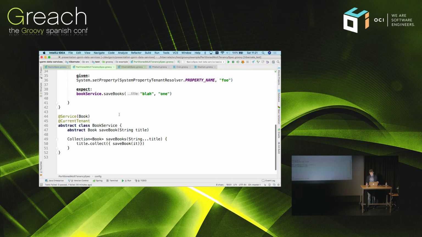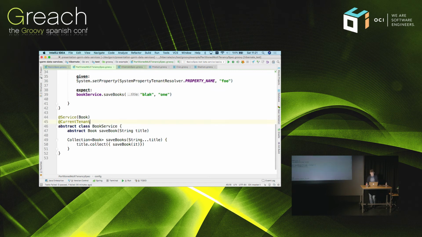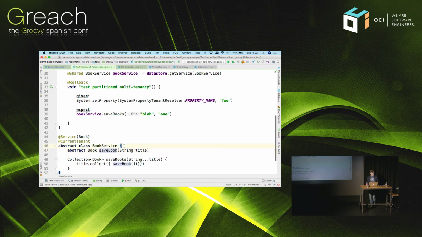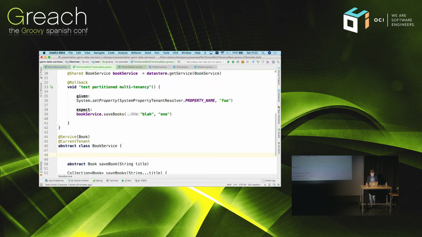And over here I have an example of a data service, and you can see that it is annotated with @CurrentTenant. And what that ensures is that for every single method in the data service, the current tenant will be resolved and applied to that operation. So what that means is, you know, when I get hold of a get book,